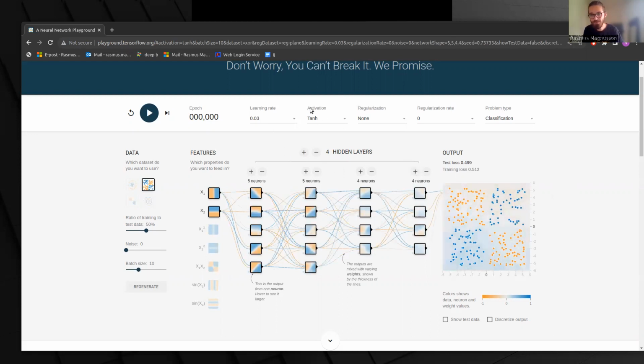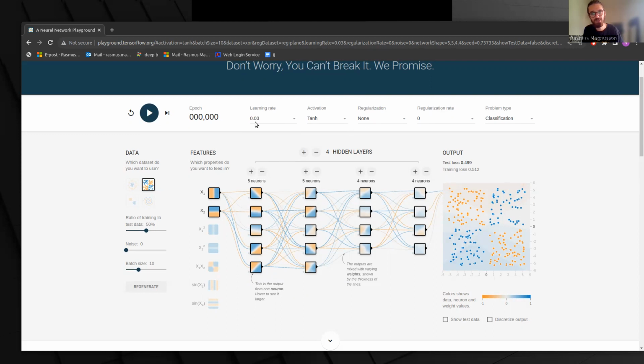You have the activation function, that was sigmoid, now it's tanh, which is a trigonometric function, and also how fast you want to move along the gradient. If you play around with this page, and I really recommend you guys to visit this page later on and play a little bit with neural networks, you get a feel of exactly how they function.